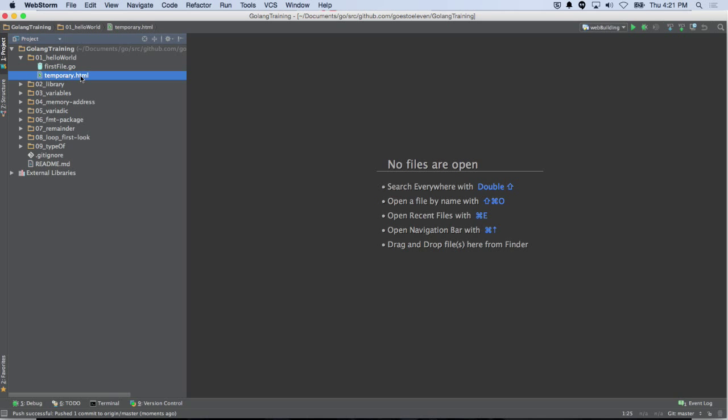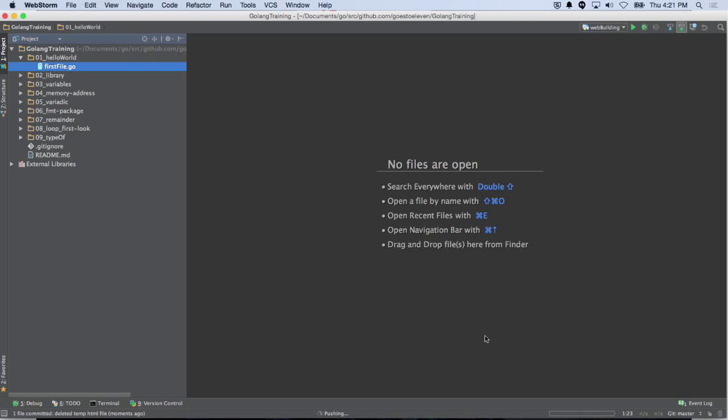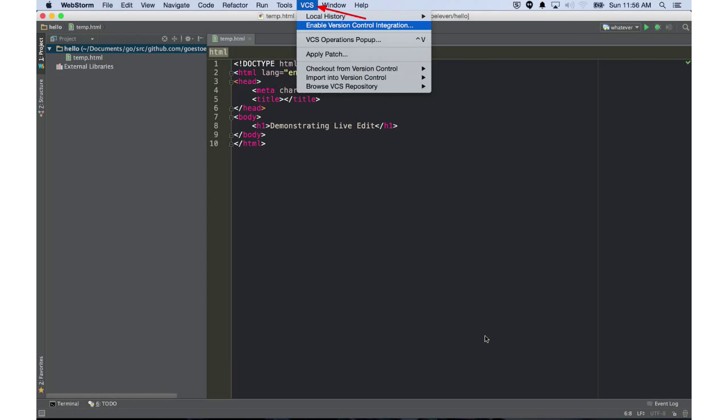And I'm going to delete my temporary folder, and I could do another commit, deleted temp HTML file. And I could push that. And if I go to GitHub,